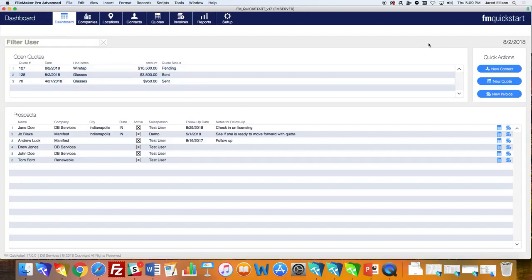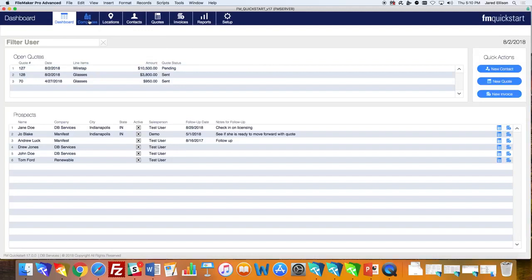And then also a nice thing with the dashboard, you have the quick actions box right over here on the right. With this box, you can create a new contact, quote, or invoice very quickly. Just by clicking this button, it brings you up to a new page for either contacts, quote or invoices to create. Let's say, for example, somebody were to call you and you need to get something created right away, it saves you time instead of fumbling around trying to find the right place to go. So this is a very convenient tool to use with the dashboard on the FM Quick Start 17.